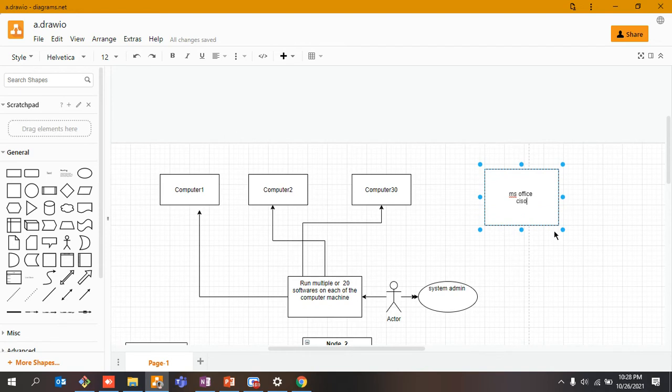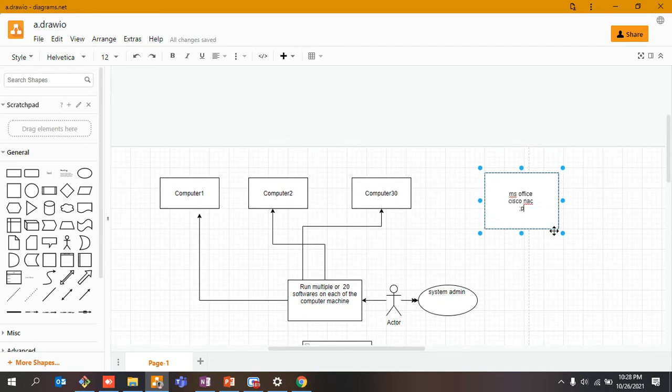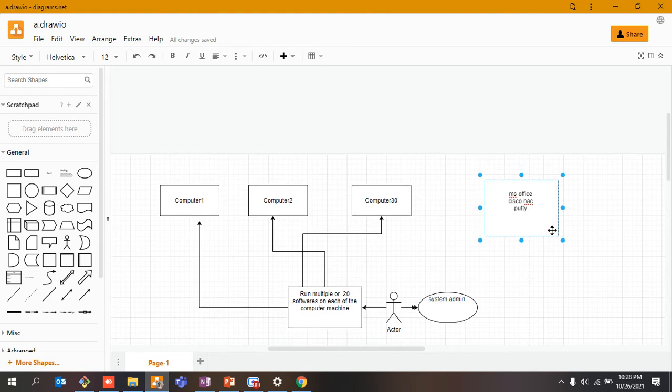You need to configure Cisco NAC. You need to configure PuTTY." He gave me a different set of softwares over there, a list of 20 softwares. Now again I have to do the same thing on the same machine. So are you guys able to understand what my pain is at this point of time? I mean, people would simply resign, right? Okay. So this is the issue which system admin kind of role or people used to face.